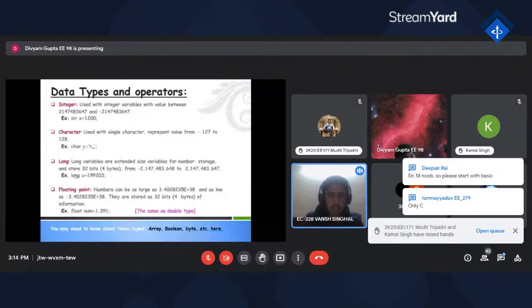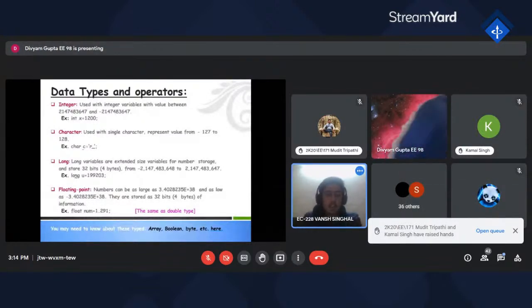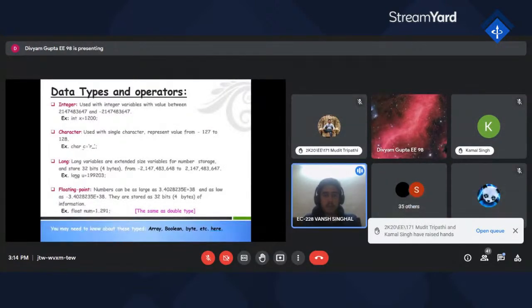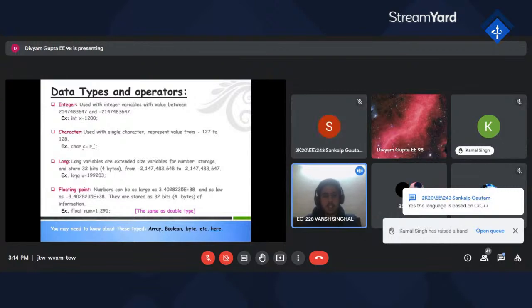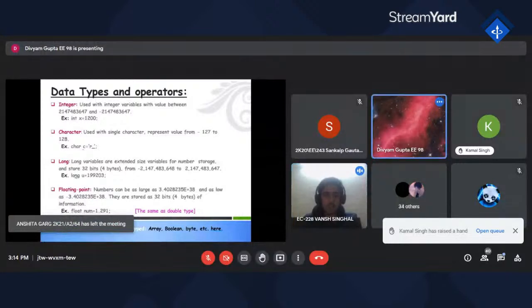The topic is data types. In basic programming, you have to initialize a number, or define a particular number x. There are many data types, whether integer or character, depending on what you have to use: alphanumeric values, integer values, or decimal values. For each number we have a certain defined data type, the prototype: integer, character, long, or floating type.